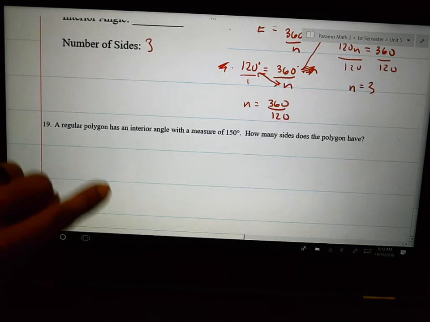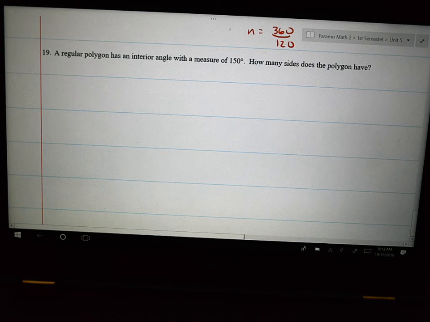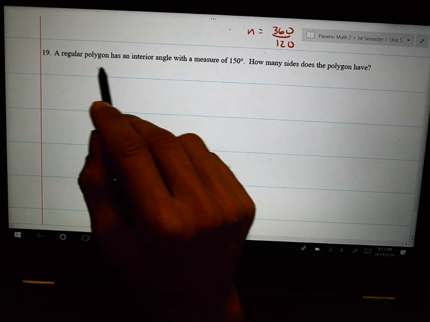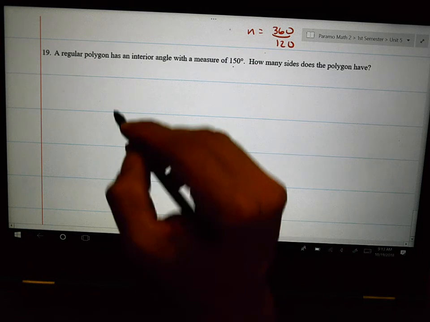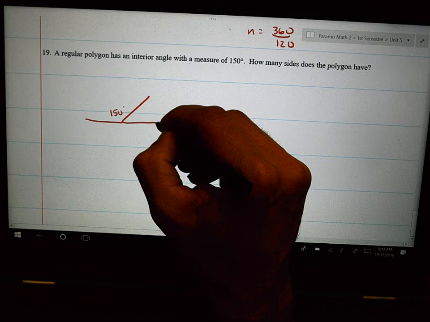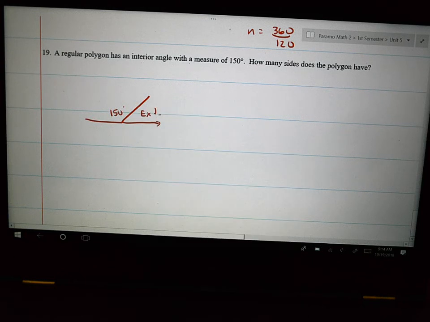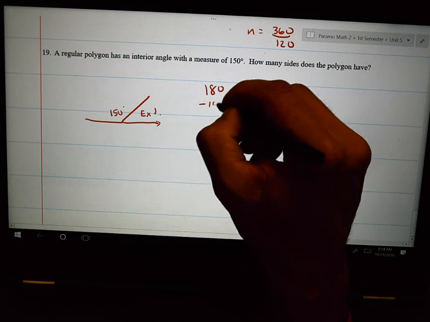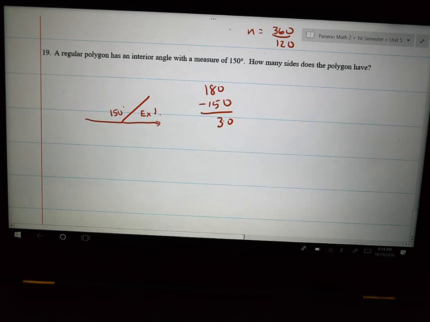Last example. A regular polygon has an interior angle with a measure of 150. How many sides does the polygon have? We could use the individual interior angle, but I am a person who likes to use the exterior angles to figure this out. So because it has an interior angle of 150, I usually will figure out what's the exterior angle. A lot of times I will do 180 minus 150. Now I know what the exterior angle is,